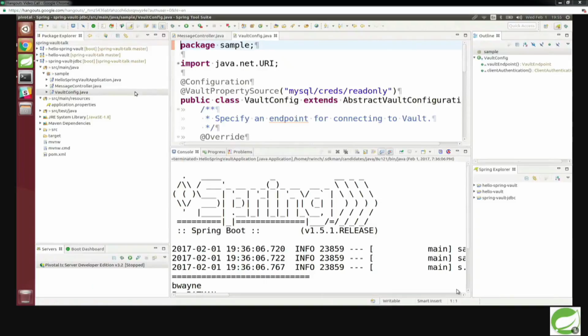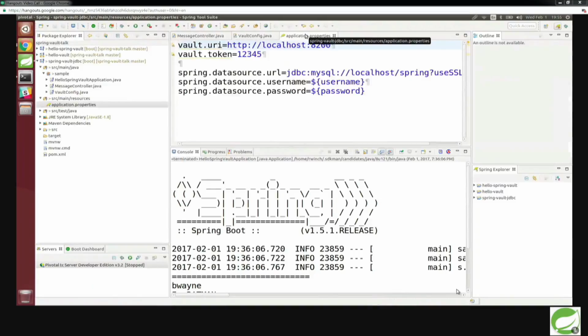So then how am I consuming them? Well, in my Spring Boot properties, I have the vault URI and token just like we did beforehand, but now I'm mapping the spring.datasource.username and spring.datasource.password to those properties that are defined in Vault. Who here has used Spring Boot? Okay, good show of hands, so probably don't need to go into too much detail. That's basically all I had to do.